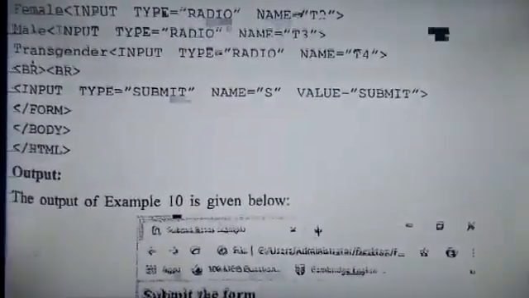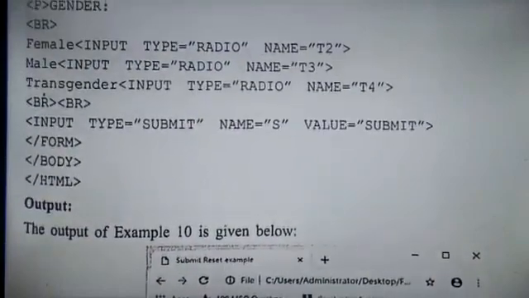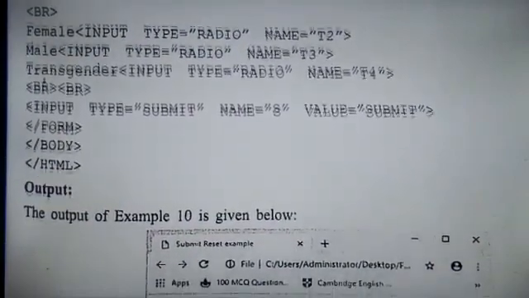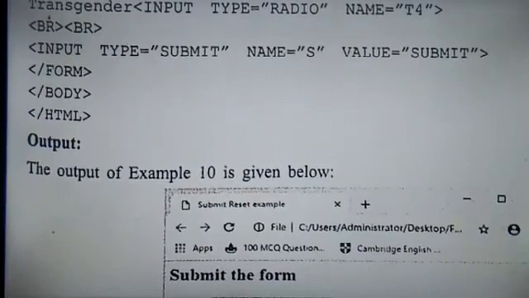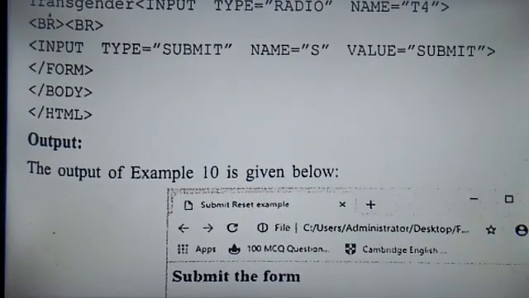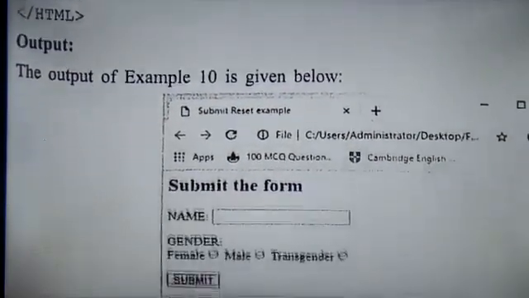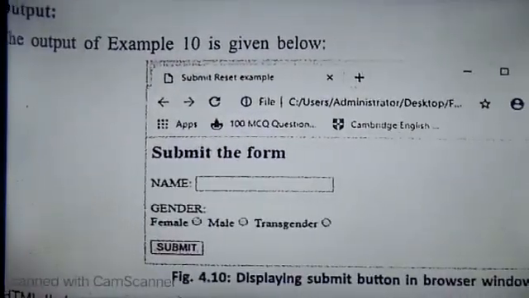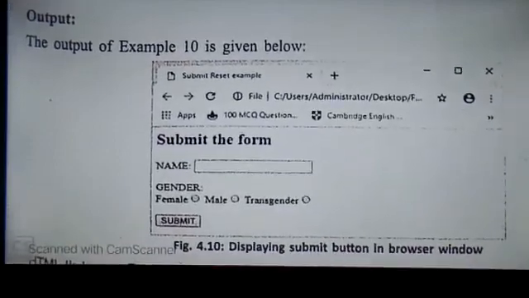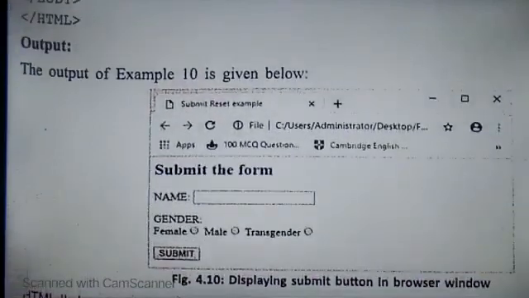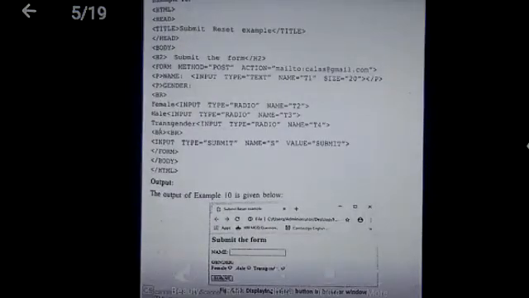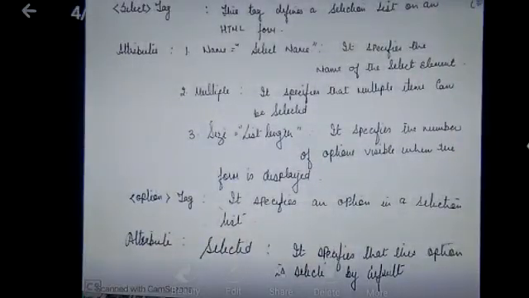Then male, input type equal to radio, name T3. Transgender, input type equal to radio, name T4. Then again some space by BR commands. Next line means input type equal to submit, value submit, close of form, close of body, close of HTML. Now see this, submit the form, name is in this rectangular box, gender again the correct one, and then submit.